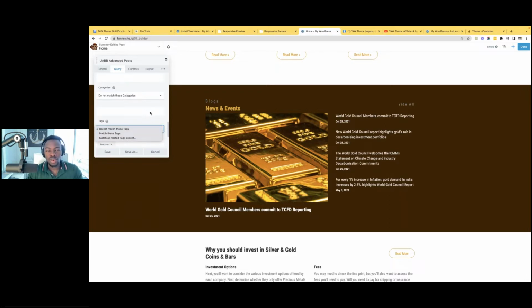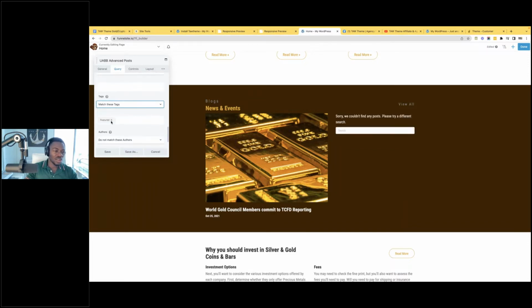So for Susie, for instance, if you have set it up by tags, right? The section that you have set up, when you click on it, you go to the query section and select by tags. Select the tags if you want the tags to match a specific set of tags that you have mentioned. Like match these tags, for instance. You see, we have feature. If I want to add another tag, new article, recent article, for instance,